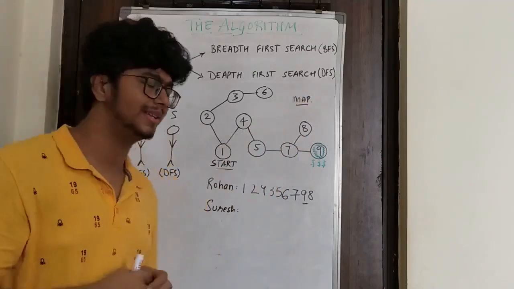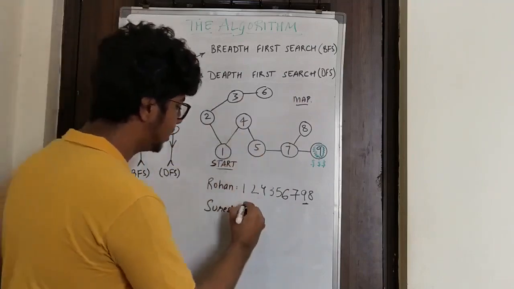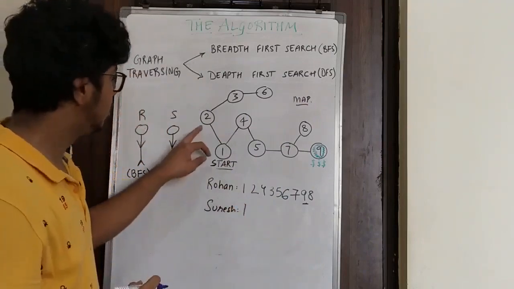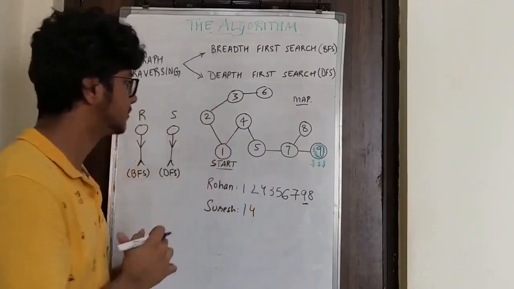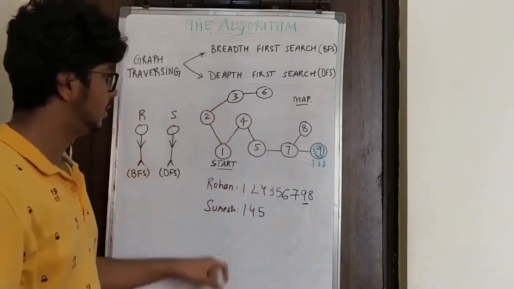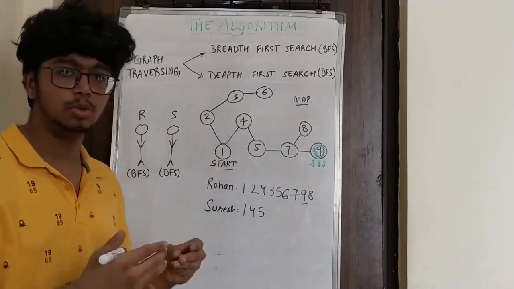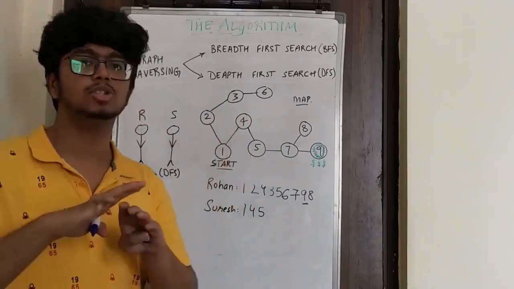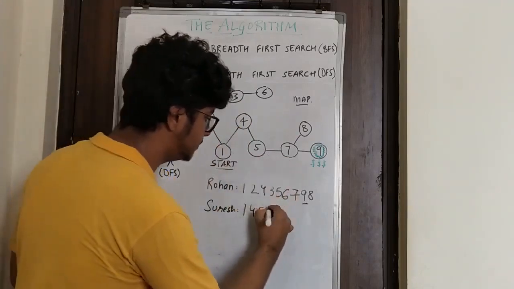Alright, so let's look at this in maths. Suresh again started with 1 and he explored 1, right? Suresh saw 2 and 4 and he chose 4, so he chose to explore 4. Now he has 5, so he goes to 5. After 5, he is exploring 7. Remember, he is not exploring 2. He knows 2 is there, but he has not explored it now. He would only go in one particular direction until there is no other node to explore. So he has hit 5, then he moves to 7.